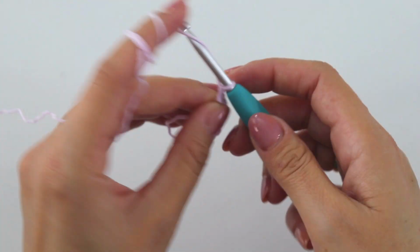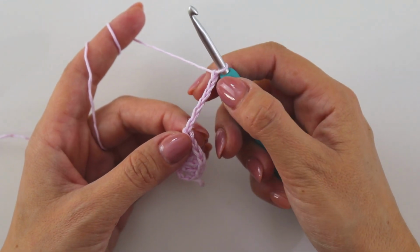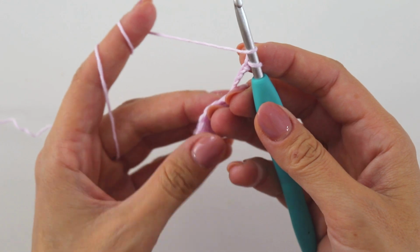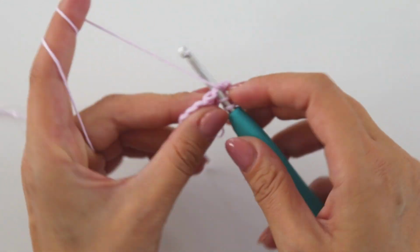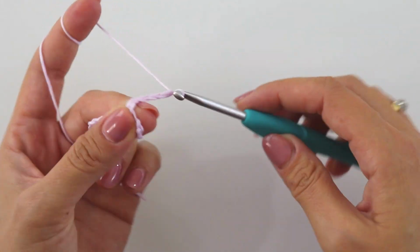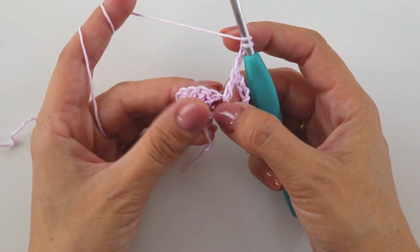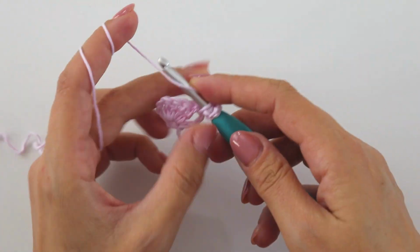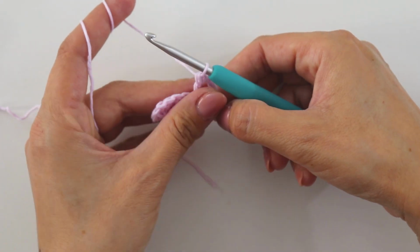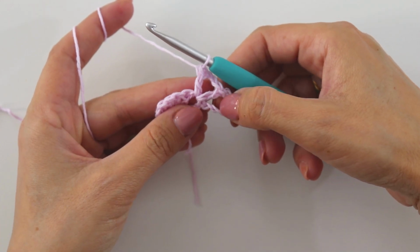Chain 6, three chains as a double crochet, 3 chains as a 3 chain space. Yarn over, turn, into this 1 chain space put a double crochet, chain 3, and into this space put 1 more double crochet. And that's all we are gonna make for this row. We made 2 big V's. We are gonna work into them